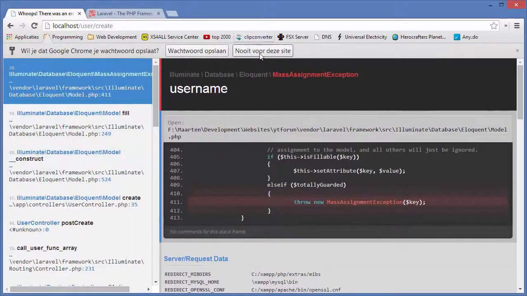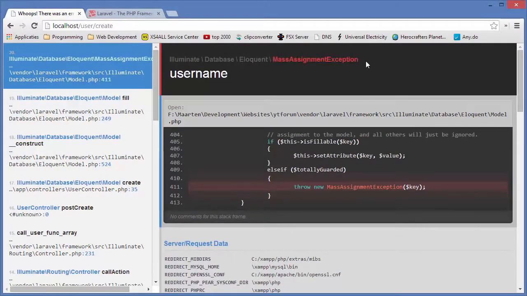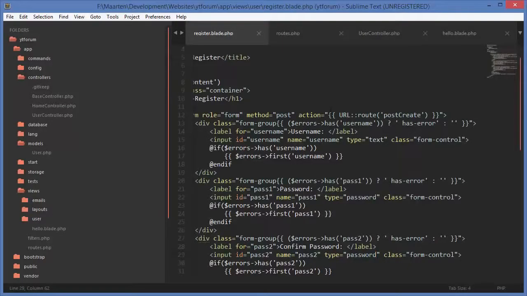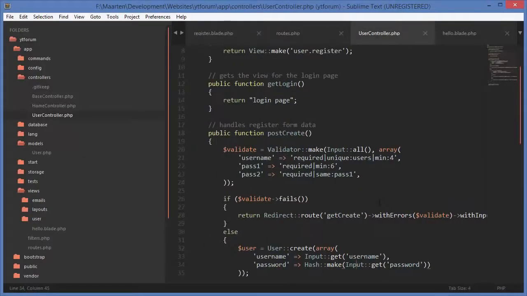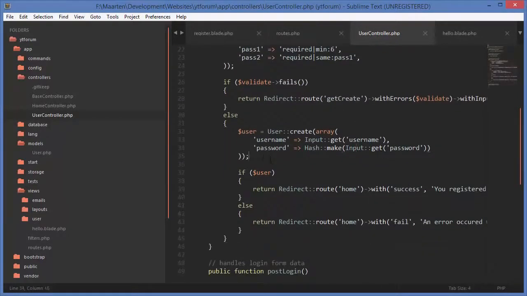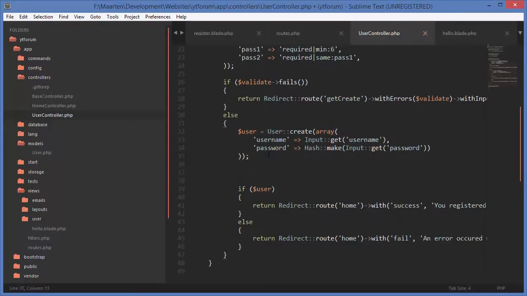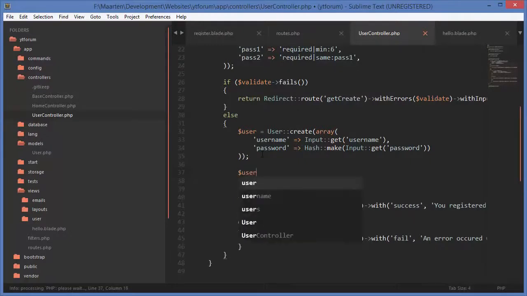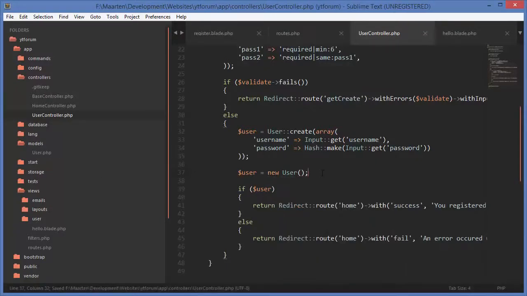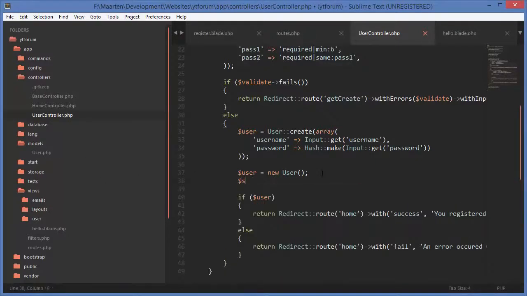And there was an error. Oh, right, mass assignment. Okay. Yes, that makes sense. Now, I have to change this up a little bit. It's not too difficult to change this up. We are just going to do this differently. So, user, and I'll keep this as a reference up here, is equal to a new user object, which is again this user model. Now I'm going to set the properties, so user and then the name of the field,